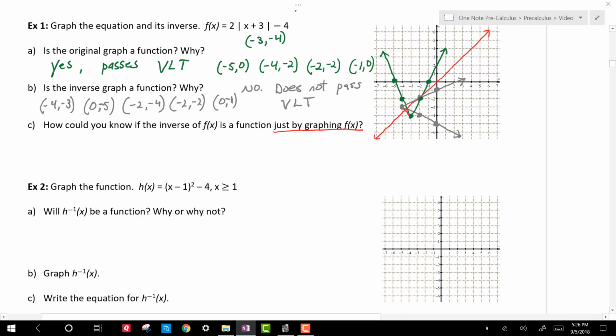Now, how do I know if the inverse is a function just by graphing f of x? Well, if f of x passes the vertical line test, then f of x is a function. Okay, so that we know about the vertical line test. If the inverse graph, so again, I'm going to use some notation here. If f inverse, that's that little -1. It looks like an exponent, but it's not. If f inverse passes,